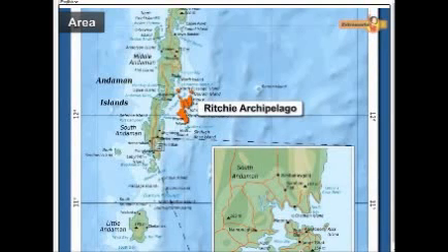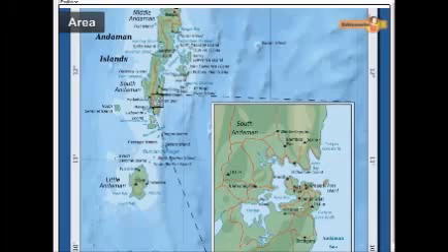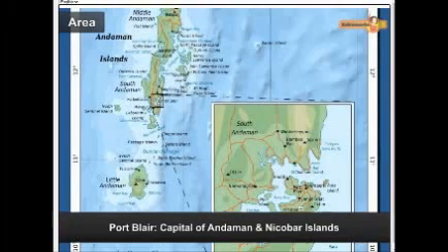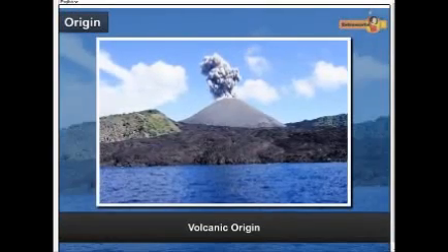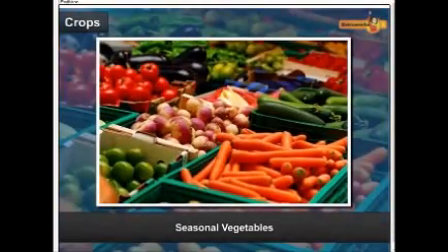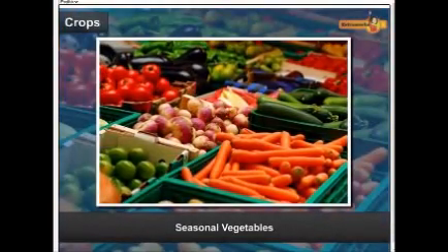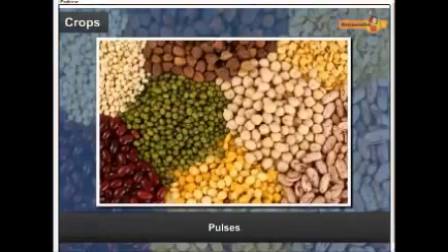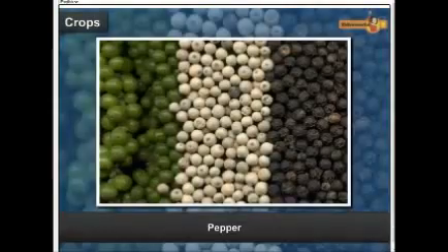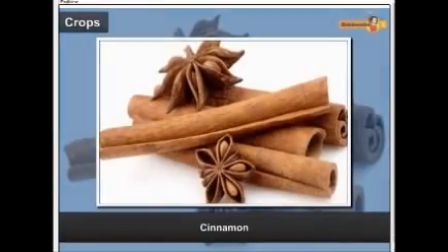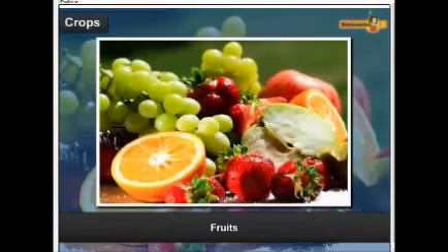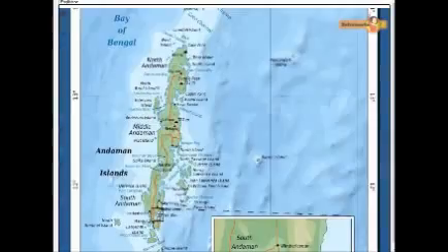The Trinkat Archipelago is an important islet in the Andaman and Nicobar Islands. The capital is Port Blair. These islands are of volcanic origin. They offer a wide variety of seasonal vegetables, pulses, pepper, nutmeg, cinnamon, and a huge variety of fruits.